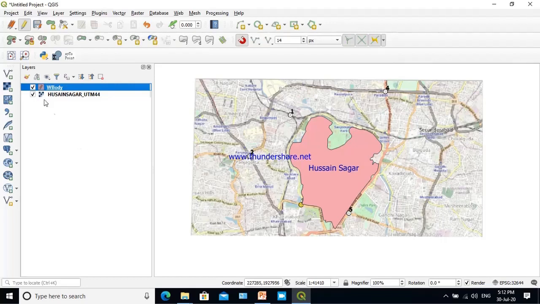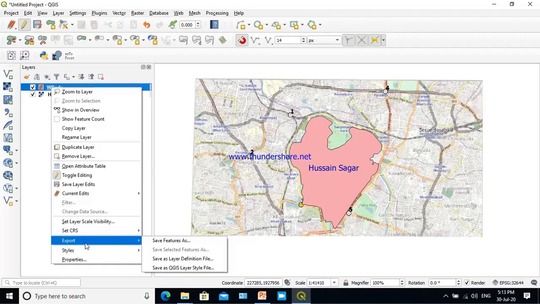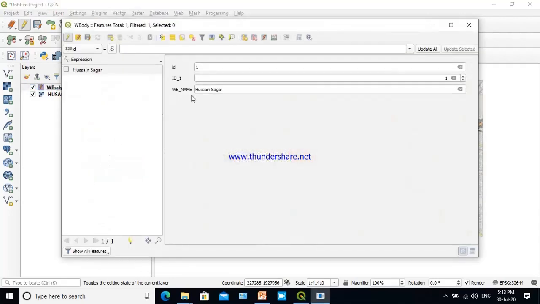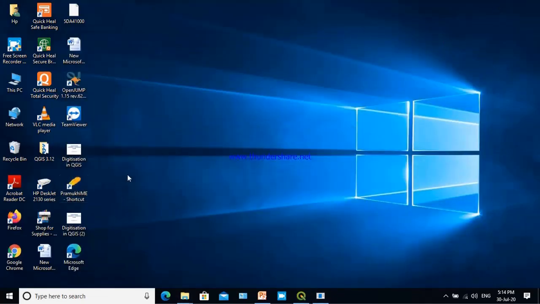If you would like to put this value in another script, say Hindi, we will open the attribute table. In place of Hussain Sagar we want to write Hussain Sagar in Devanagari script. So let us toggle the edit and invoke the Pramukh IME.